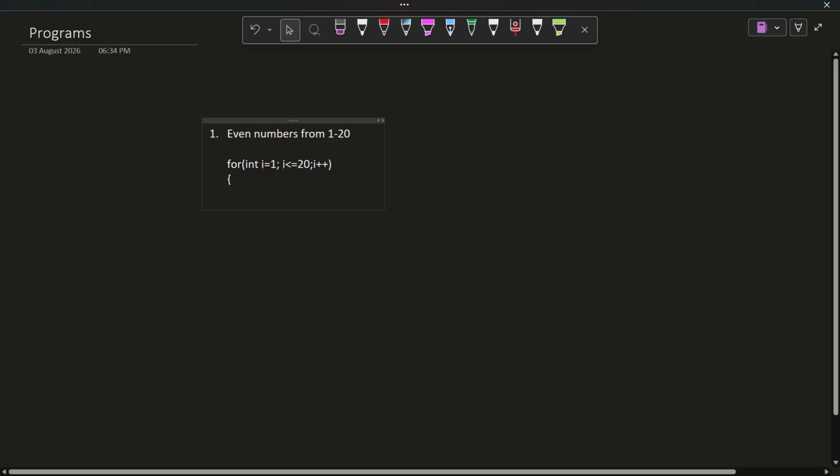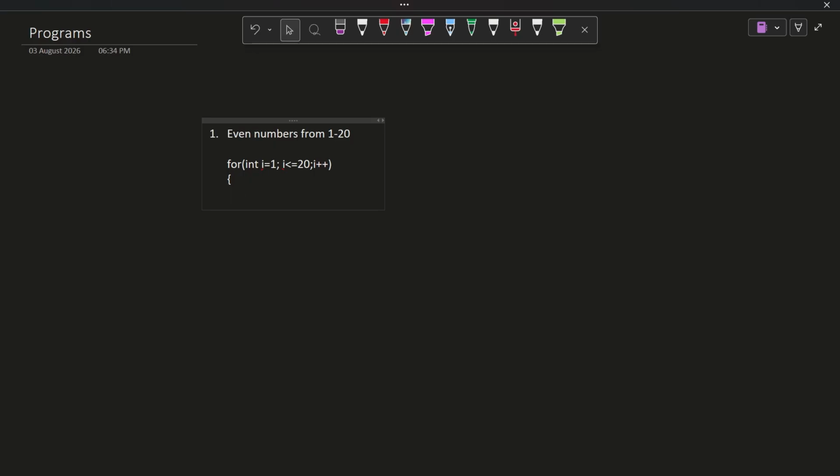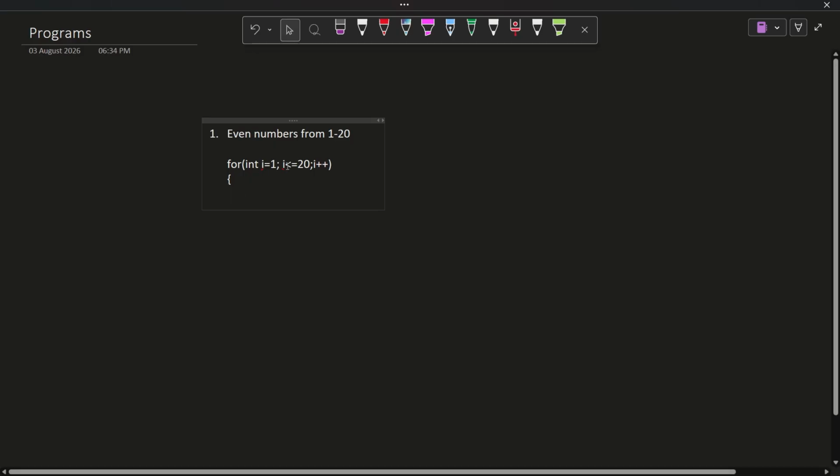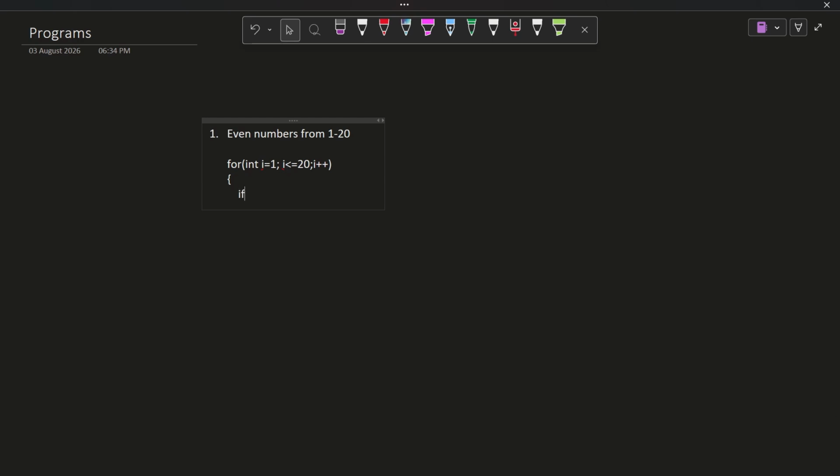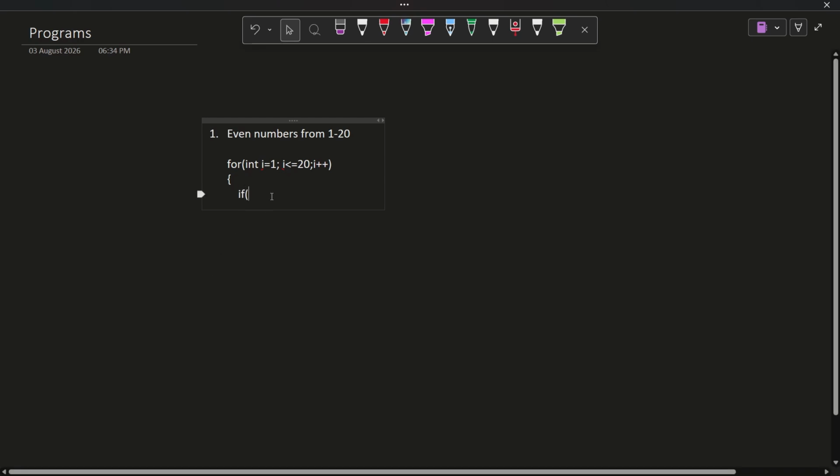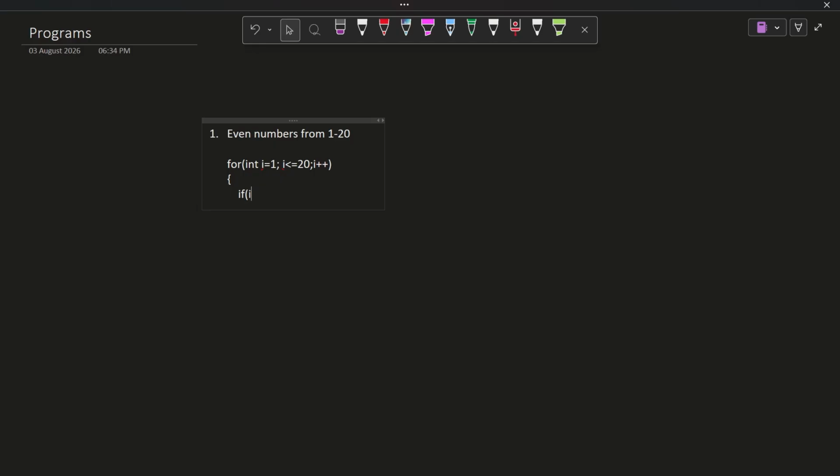Now what is the condition here for the even number? The number must be divisible by 2. Clear? I'll put an if condition. Here we are storing the number in a variable i. So the number must be divisible by 2. So I'll make use of a